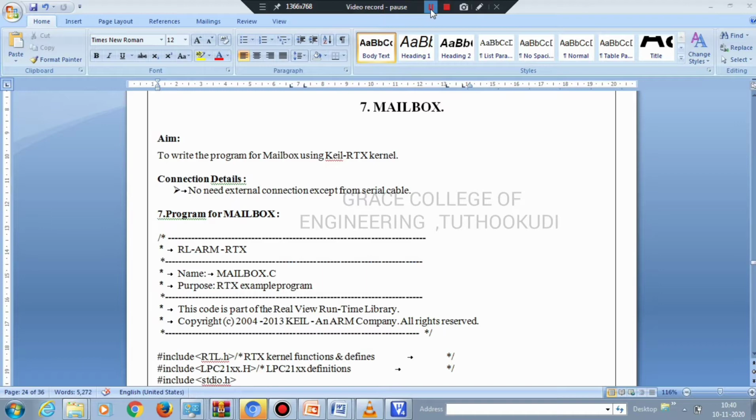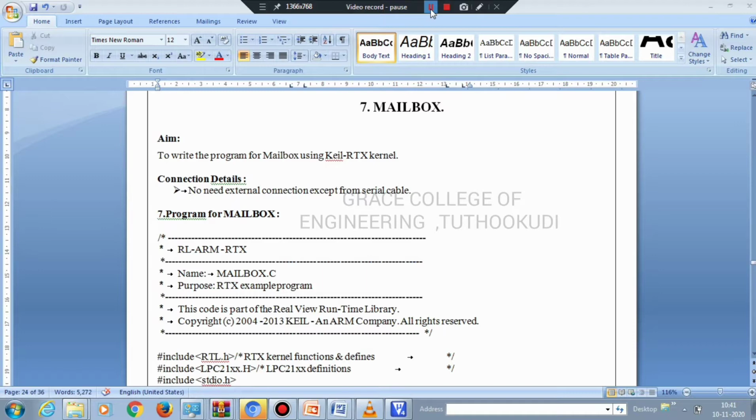For this mailbox creation, we are using the Keil RTX kernel. We can use this Keil RTX kernel for various applications that involve a real-time environment.